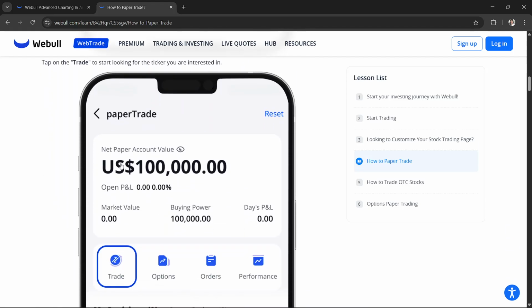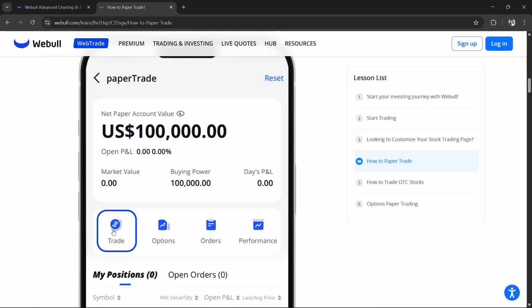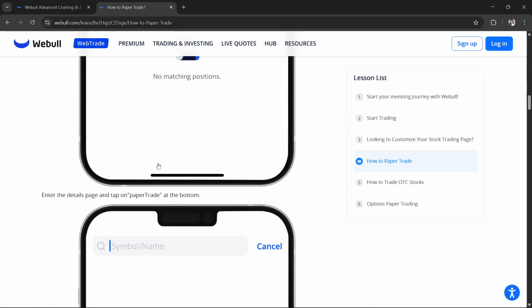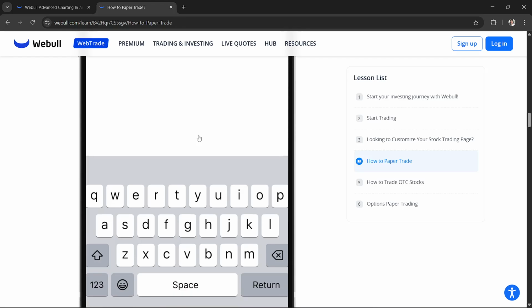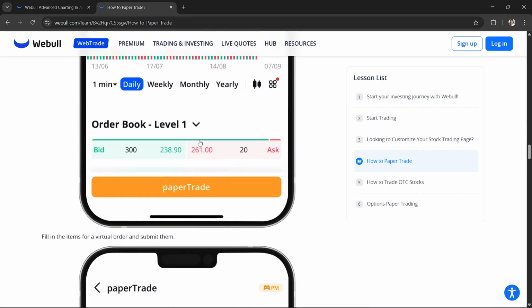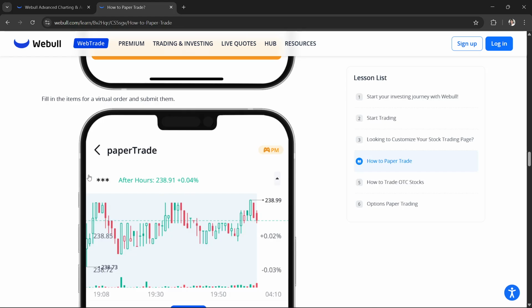Then next, you will tap on the trade to start looking for the ticker that you are interested in, which is right here. So after that, you will just have to enter the details page and tap on paper trade at the bottom,